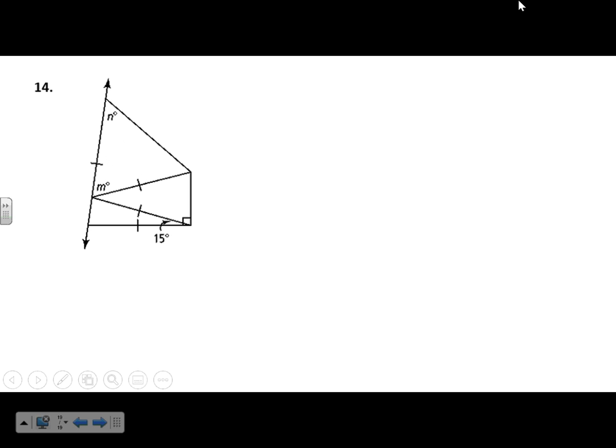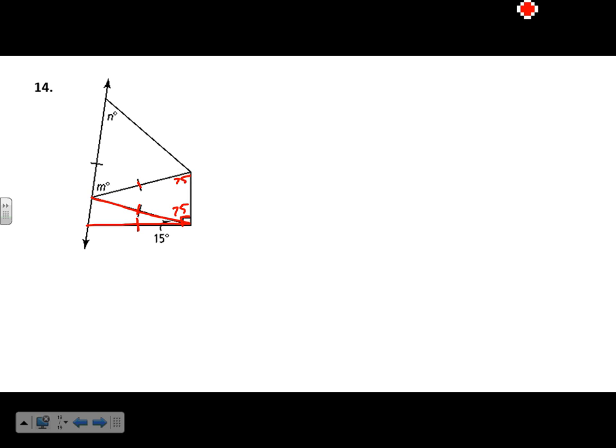Okay, this last one looks confusing, so let's see. We have this angle's 15, and then this is 90 degrees. So right away, before I do anything, that means this angle is 75. So let's see what else we can do with this. If we look at this, we have this as an isosceles triangle, so this angle also is 75. Oh, and this triangle is isosceles. So if that's 15, then we have,